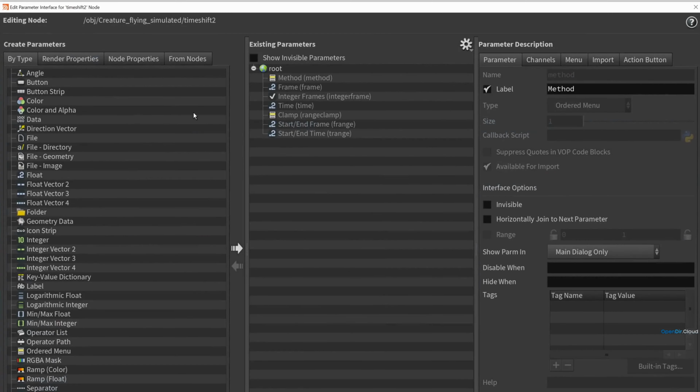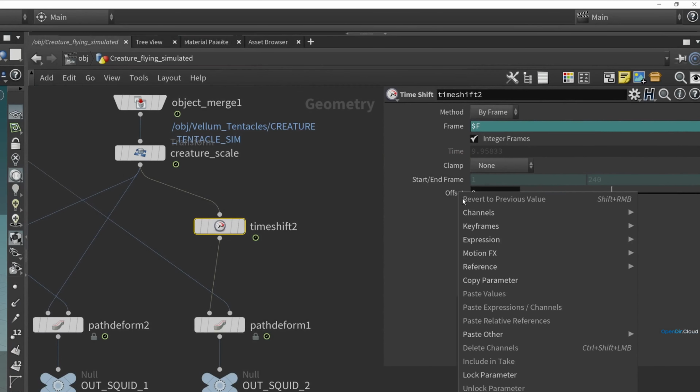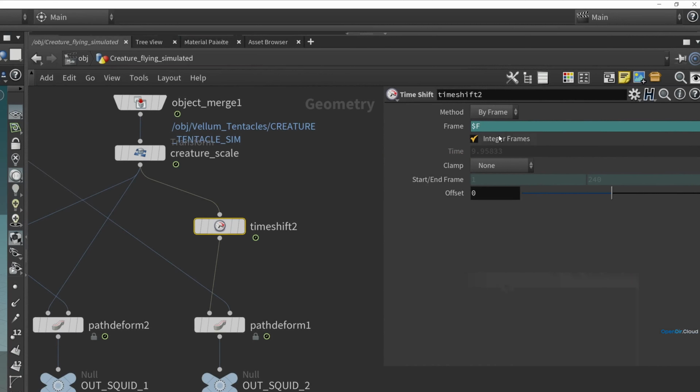But if you don't have that set up yet, you can just add a new parameter for that offset. So go to Edit Parameter Interface and drop in a new float parameter. Just call this offset. Same thing for the name. And if you want to, you could set the range to something like -1 to 1, which is helpful for checking the subframes just before and after the current frame. But when you have this lock icon turned off here, that means you can still set values above or below this existing range here. So after setting that parameter, hit accept, right click that offset parameter, copy that, and then